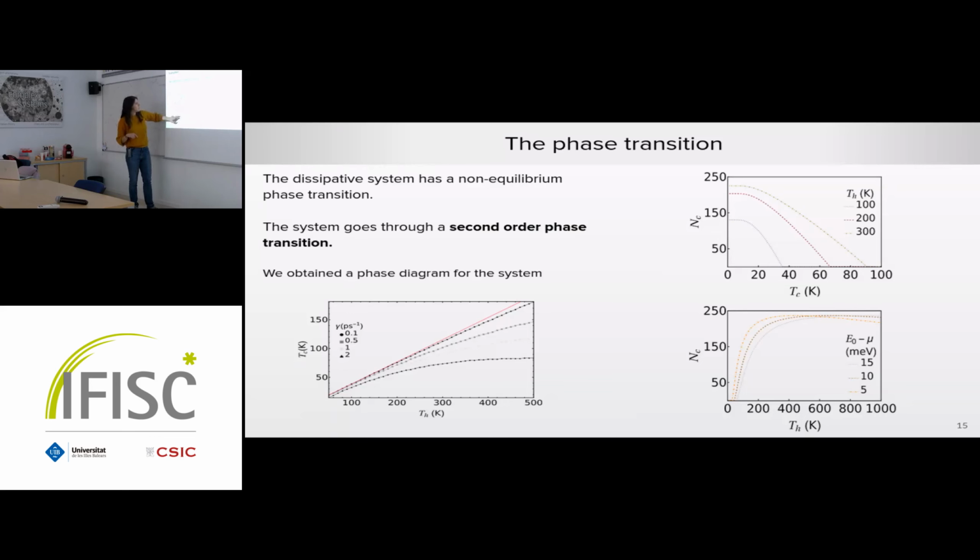So the interesting thing is, as you get a better cavity, let's say with smaller losses, we get closer and closer to this red line, which is the reversible limit of the heat engine. So basically what this phase diagram says is, to have condensation, first we need this heat engine to operate as a heat engine, producing work. So it needs to be below this, but also if we have losses, then it also needs to overcome these losses. So then you would need an even colder temperature or an even hotter temperature.